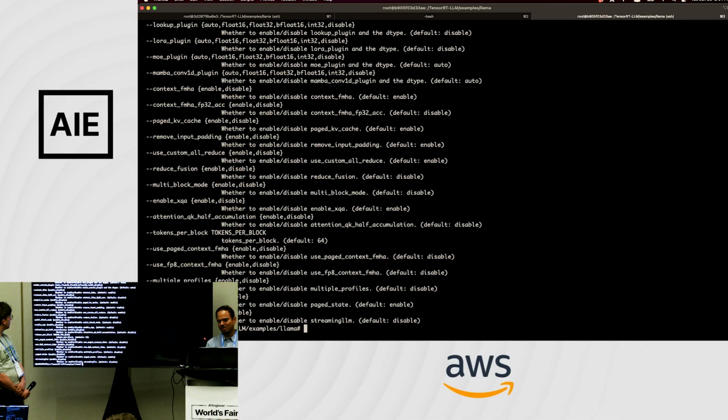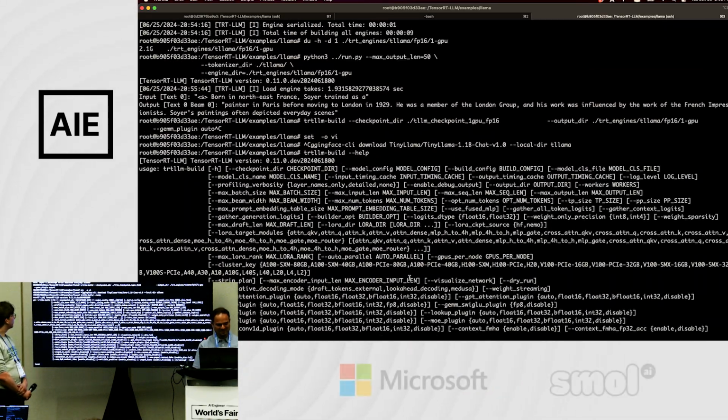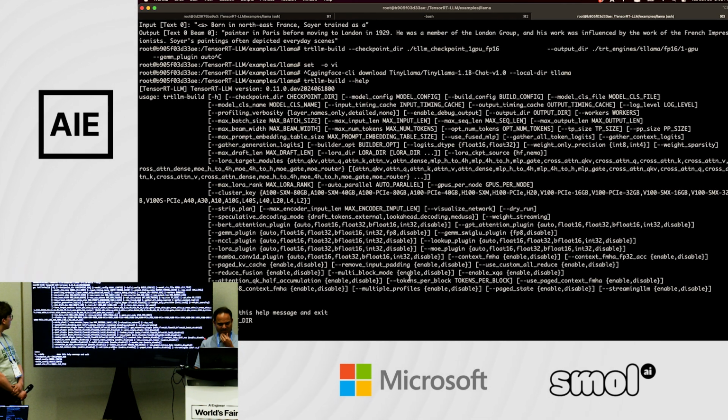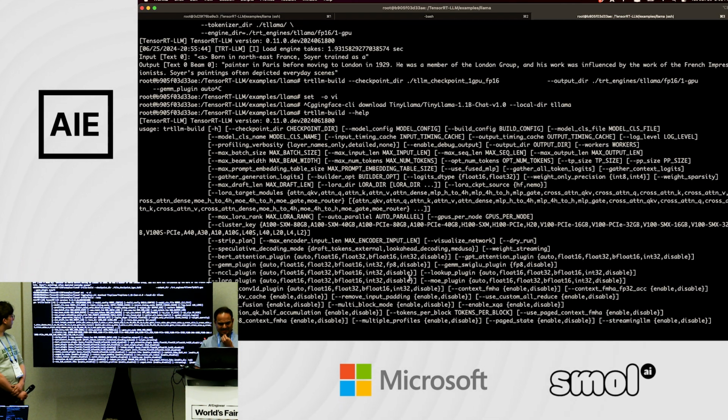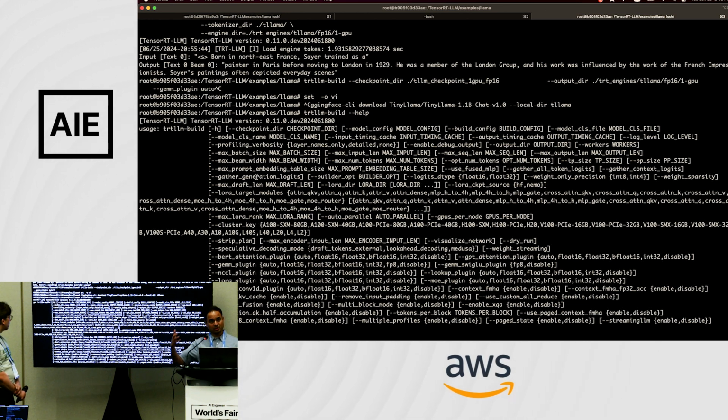Oh yeah, there's a lot of stuff here which we can go through. Maybe I should go through some of them which are very important. I think a lot of stuff is important here, like the max beam width. If you're using beams for generating the graph, you can generate logits, not just the output tokens. We can also generate logits if you want to process them.